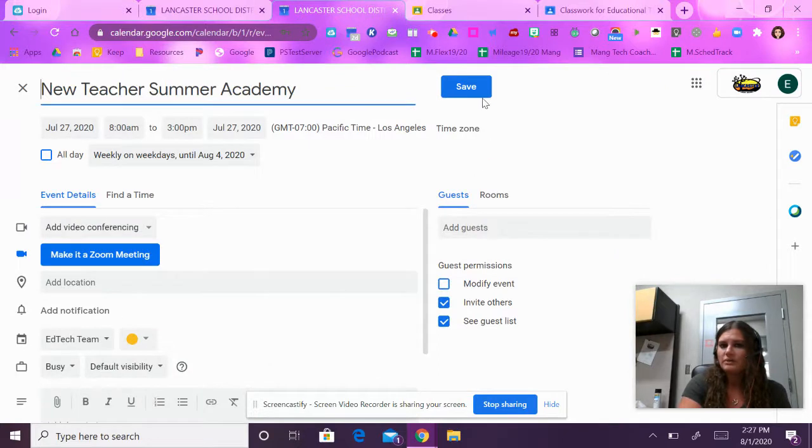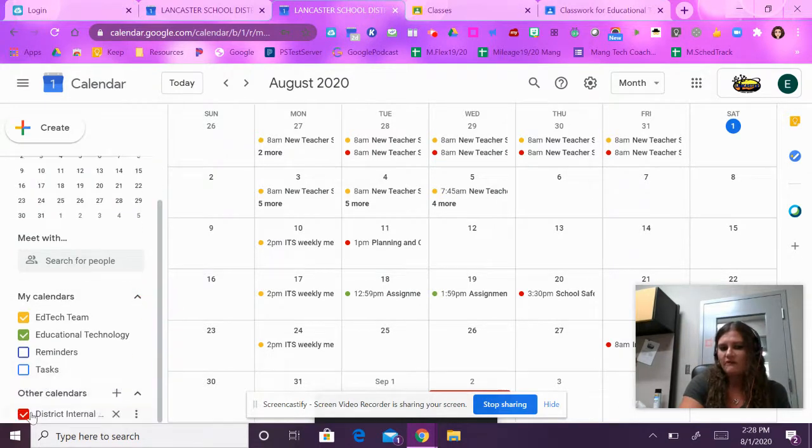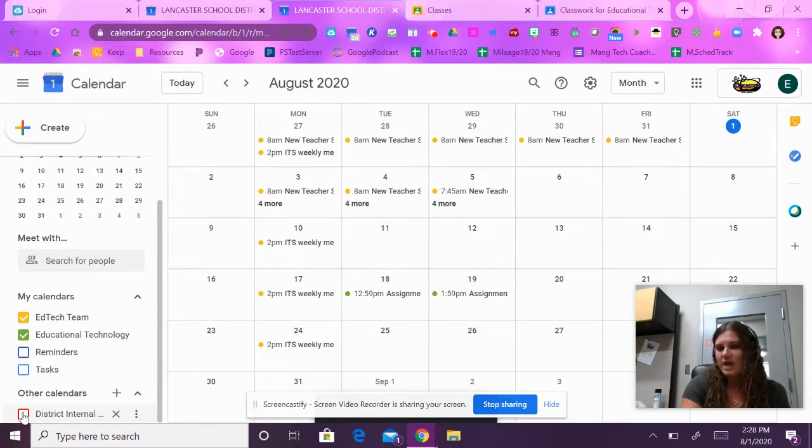So now I'm not going to make any changes because I'm just copying over their event. Now this also becomes my event, and when I toggle off that district calendar, I can see that it has been added to my calendar now so that I can see that this is an event that I want to